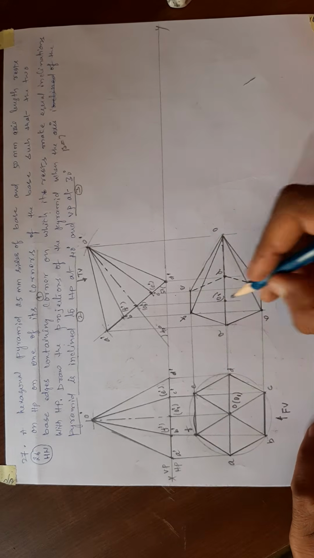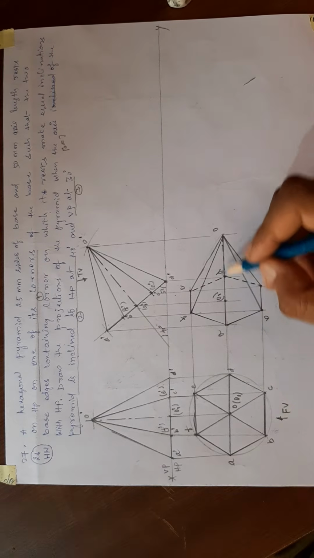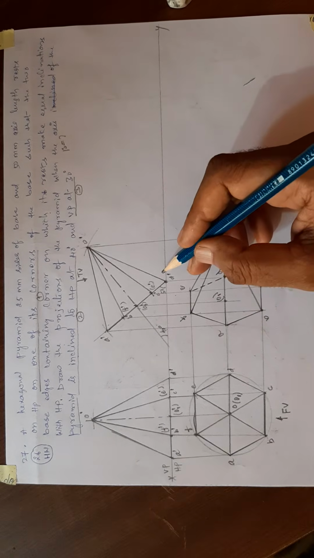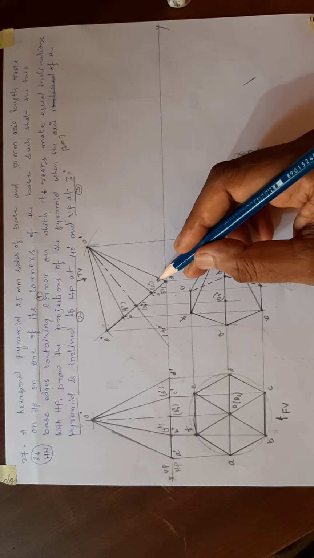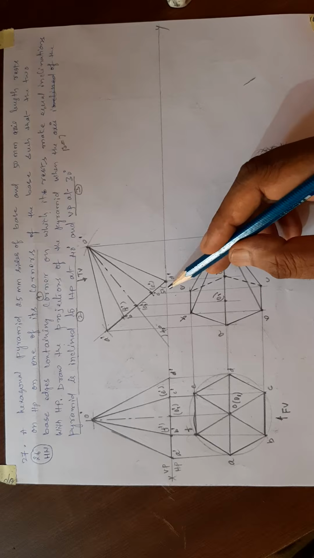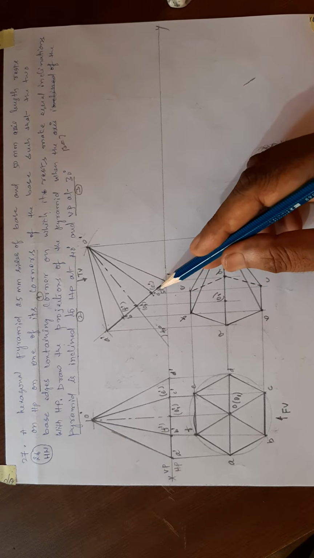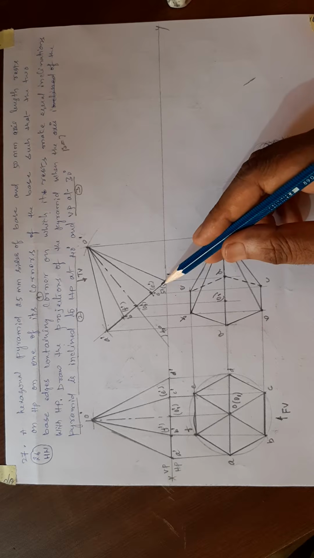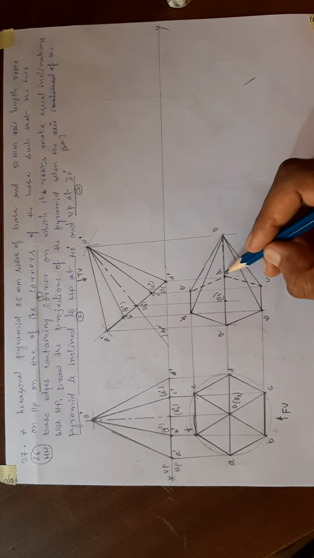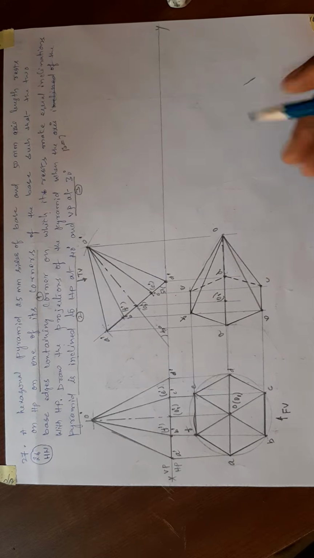Like this. Now the axis line and all of this are visible. That's why only one edge is invisible here, only one edge, and the O2E, only one edge is invisible, that is O2D. All the rest are visible. So this is the top view when the axis is inclined at 40 degrees.